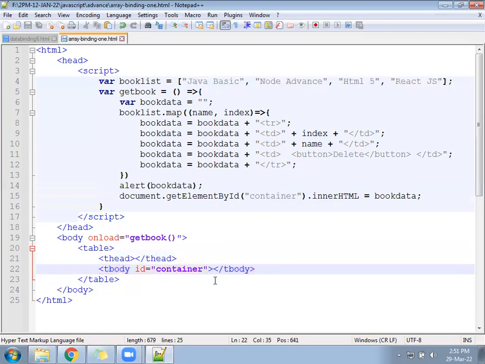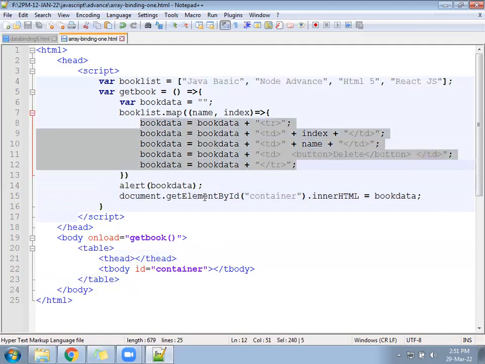Under this container, JavaScript is going to send the data in the form of TR.